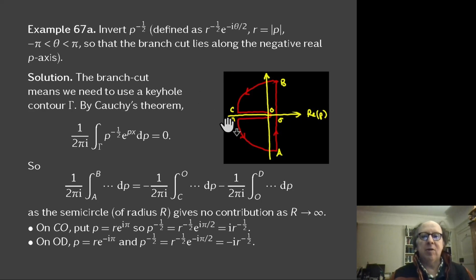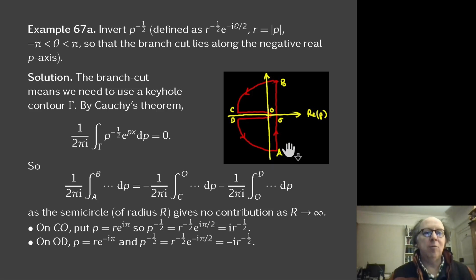And because you're not allowed to cross this contour, the function e to the px times p to the minus a half is not holomorphic on the branch cut or at the origin. What you do is you take your inversion contour here, to the right of all the singularities of p to the minus a half. You go up there, you come down a quarter circle, you have to come in along the top of the real axis, round the origin, back along the bottom of the negative real axis, and then you finish your semicircle like this.